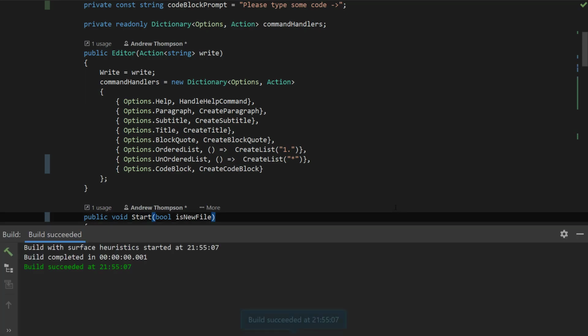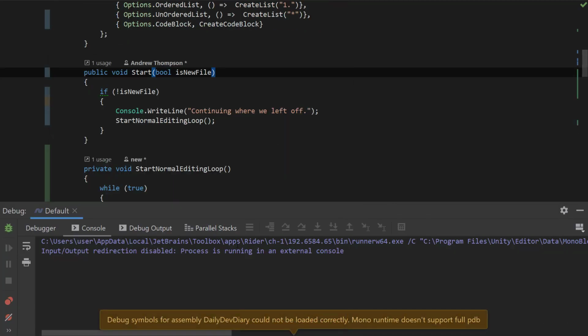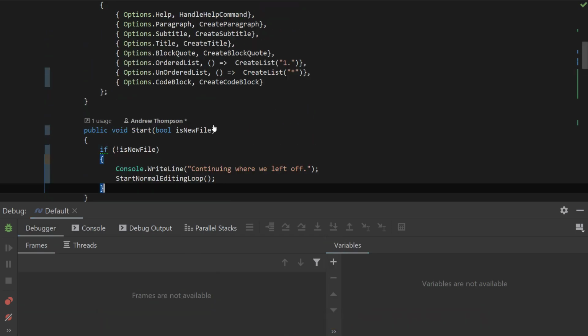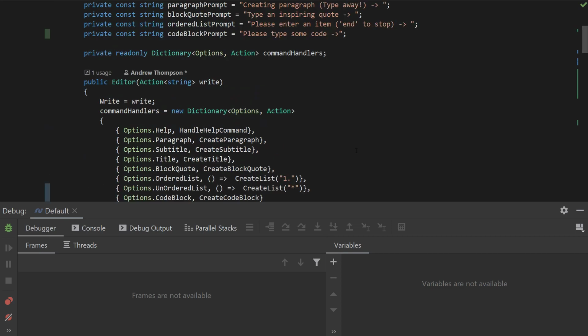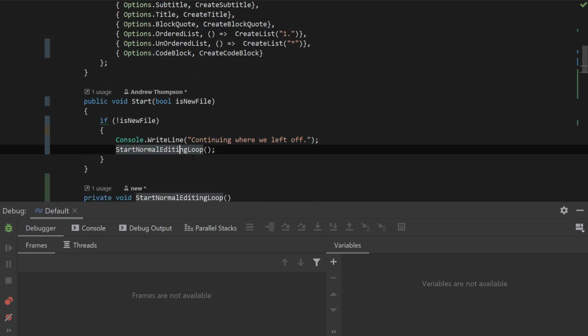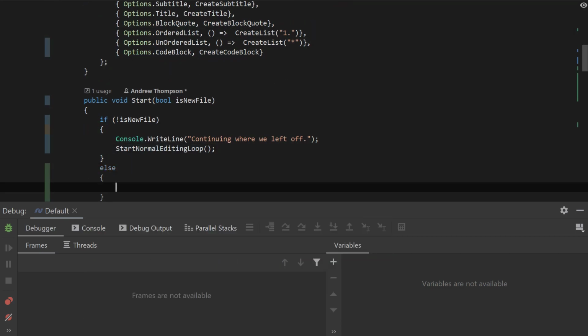It doesn't show me where the exception was though. Oh, we changed the format of the file name. Else